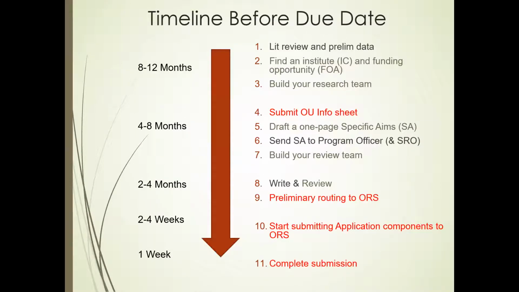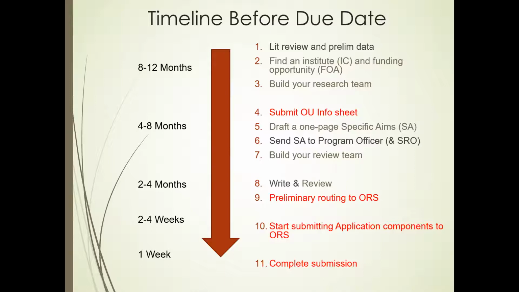This is kind of a general timeline that looks at about a year out, where, if you're new to doing proposals and you're not sure how much time you should allow, this would be an ideal situation. You're looking at putting together your research team and doing your literature review and starting to look for your funding announcement at about 8 to 12 months. And then at the 4 to 8 month range, you'll be submitting your info sheet, possibly sending an abstract to the